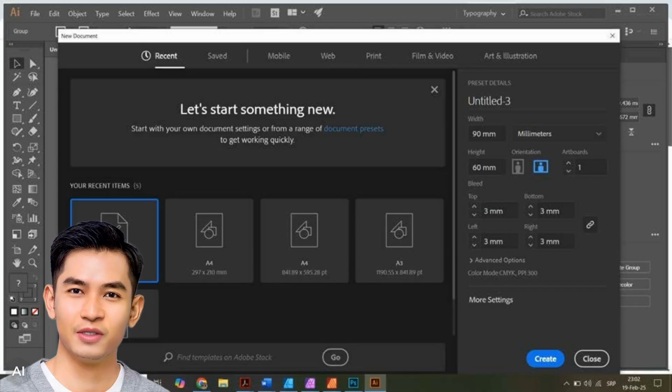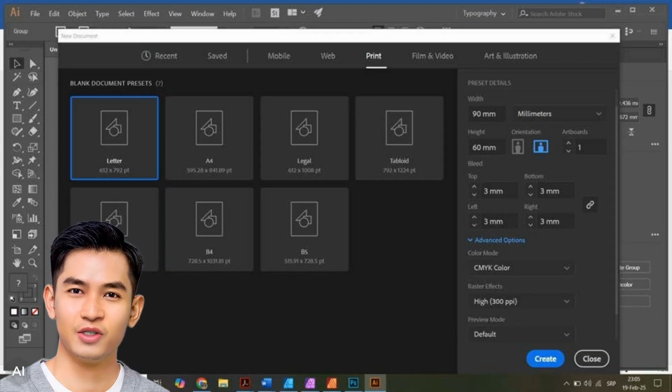The dimensions of the business card are 90 by 60 millimeters, and they are entered into the width and height fields, with millimeters selected as the unit. Additionally, the bleed option is adjusted with the recommended value of 3 millimeters. Since business cards are printed, the color mode should be CMYK, and under raster effects, the value High, 300